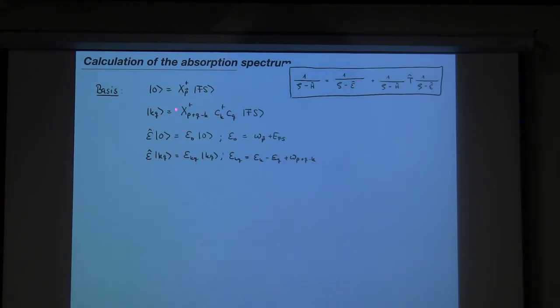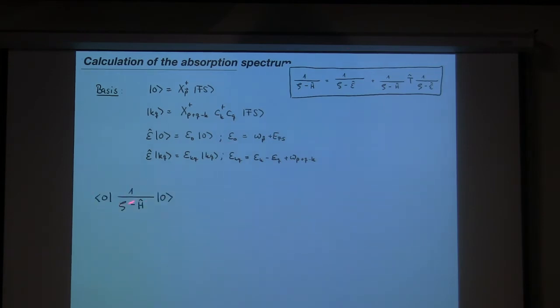So if we have the zero particle Hall excitation state acting on epsilon, well, this just gives me the energy of that state, which we calculated yesterday, which was the complete energy of the Fermi plus the energy of the impurity. If we calculate the energy of the particle Hall excitation, this was the energy of the fermion above the Fermi surface minus the one below the Fermi surface and the energy of the impurity, plus the energy of the full Fermi.